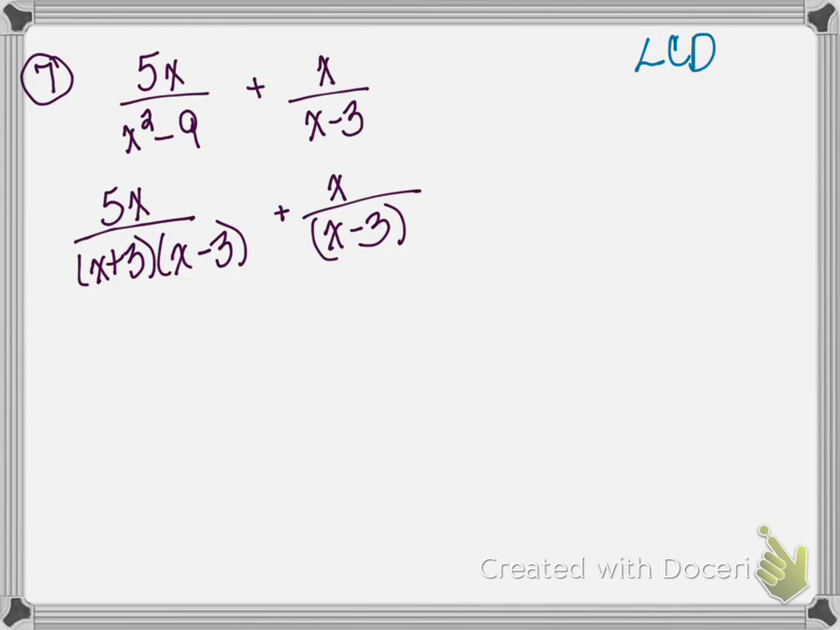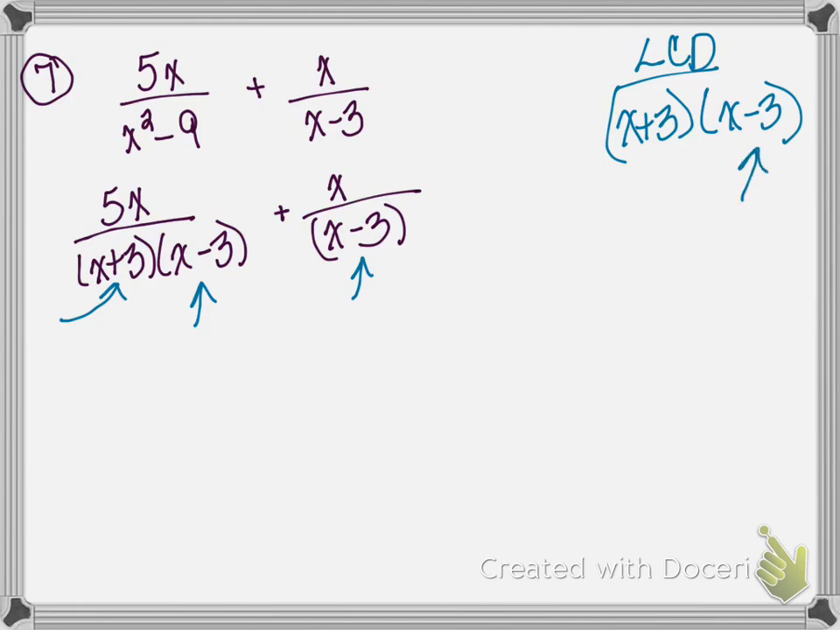Okay? So for my LCD, here I have an x plus 3. So that's going to be part of my LCD. And I also have an x minus 3. Okay? So both of those are covered. I've already got those written down. This x minus 3 right here, do I already have it covered? I do. It's written right here, so I'm good. And I've only got one of them, so I don't have to write it down again. So